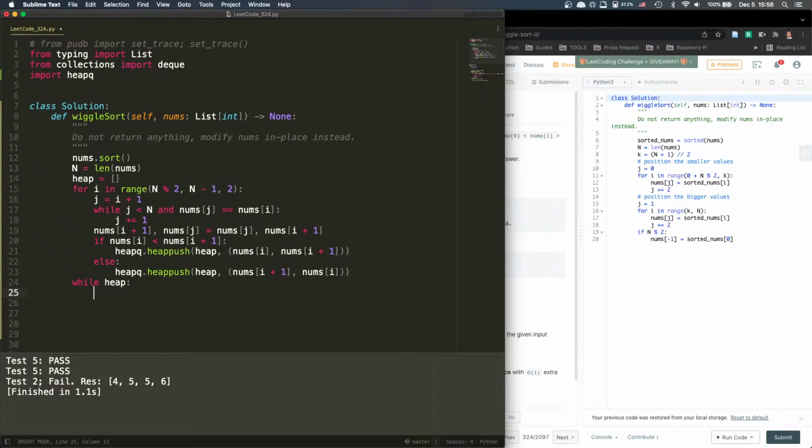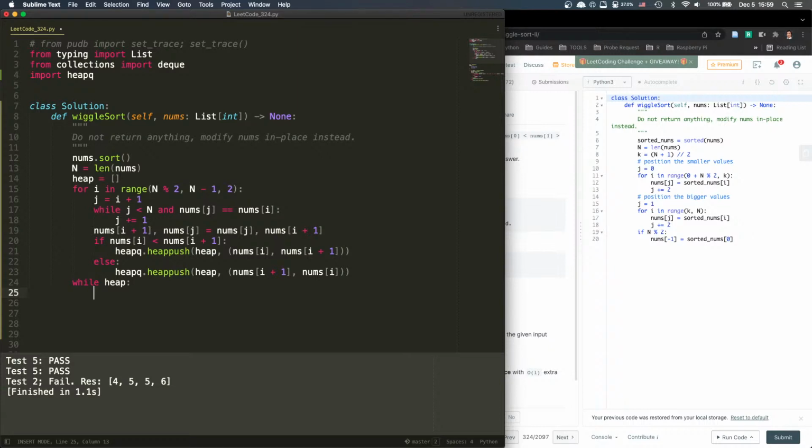Every time we pop out will always be the smallest so far. And then we can just fill them in, and yeah. Okay, so while heap, we're gonna pop out,